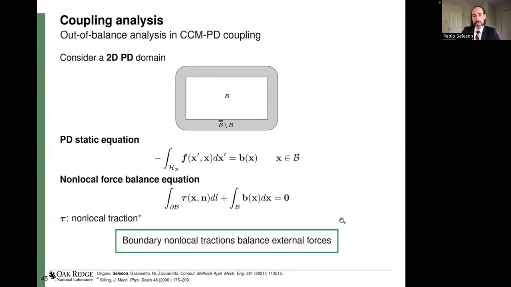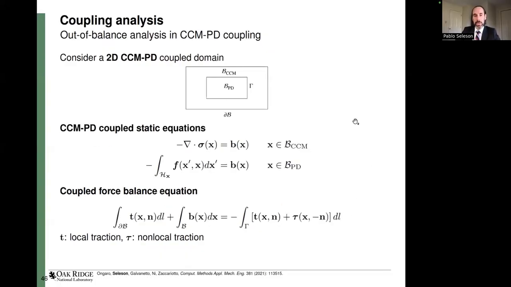balancing the external forces. Asking the question one more time, what happens when we couple these things together? We can look into the following configuration, an embedded subdomain description where the peridynamic model is surrounded by the classical model and there is an interface gamma in between. Now the classical equation is used in the classical region, the peridynamic equation in the peridynamic region, and now we obtain, by integrating each equation over its respective subdomain and adding the equations,